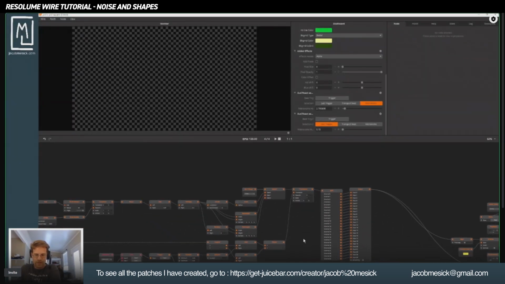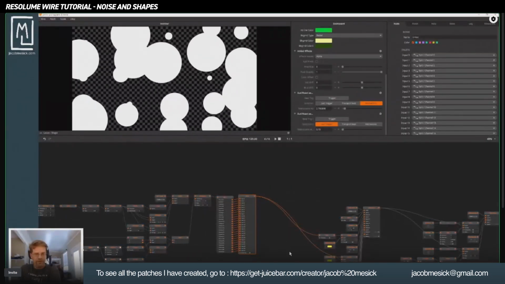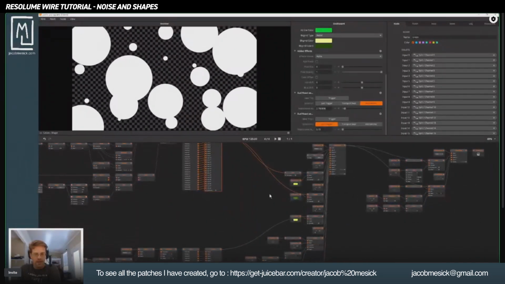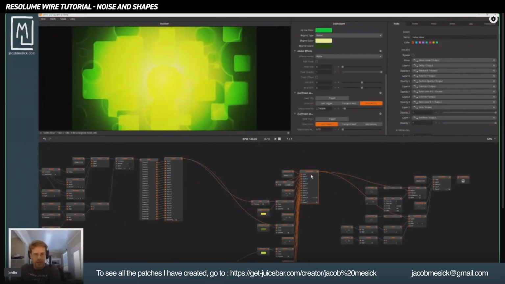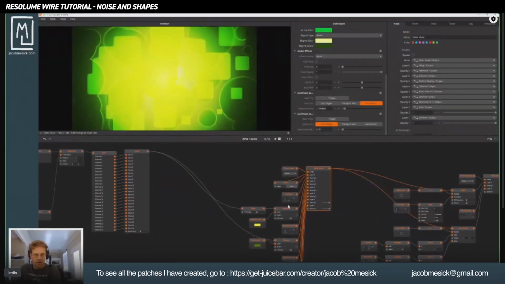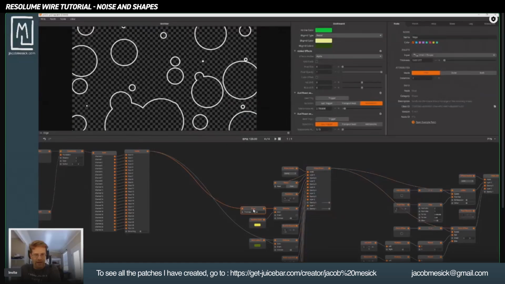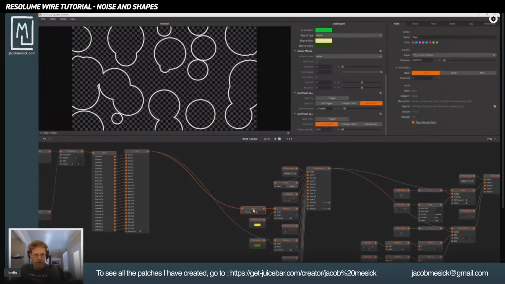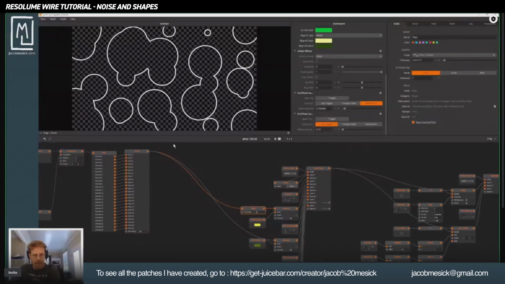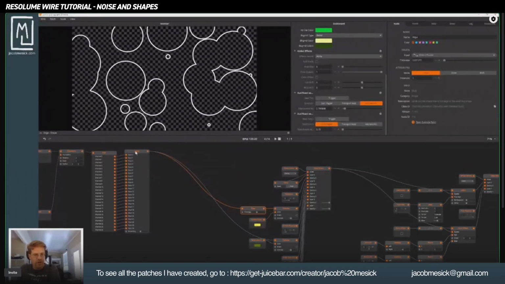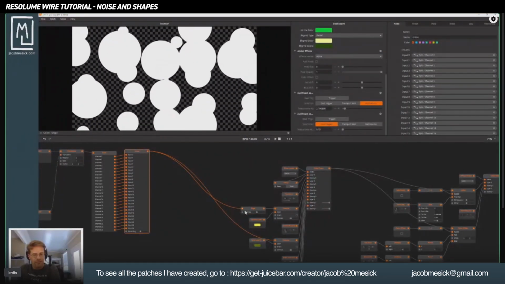So basically, I have a union, and it creates all this crazy mess. And then what I did was I took two of them, put them together, and I created this. All this is basically just an edge, like we talked about before. Here's the shape, and I just put it as an edge. This is union together, but